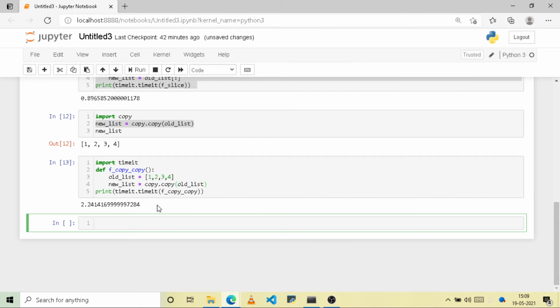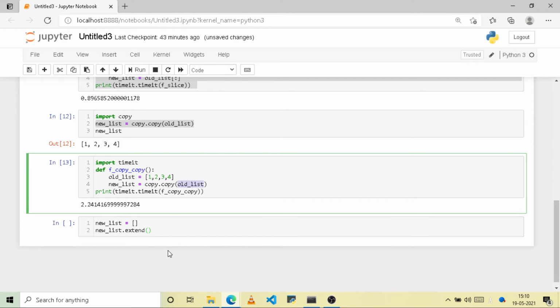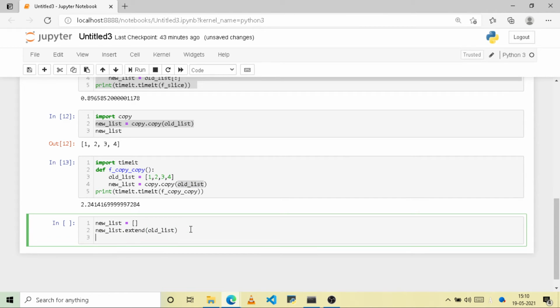So there is another method called the extend method. Let us try to clone the list using the extend method. Before that you have to create an empty list, and then you can pass old list over here, and then let's try to read the value back.